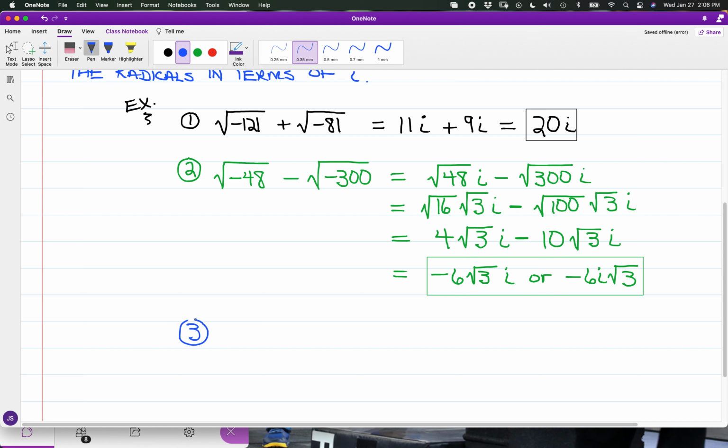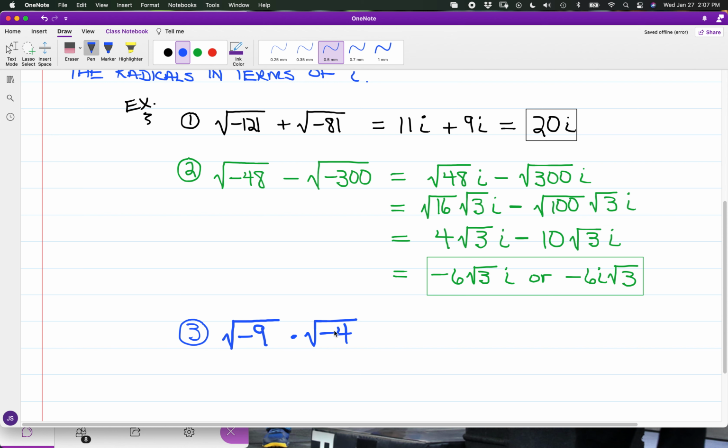And I would say probably if there's any operation where it is easy to overlook, it would be the operation of multiplication. Let's say we're multiplying together the square root of negative 9 times the square root